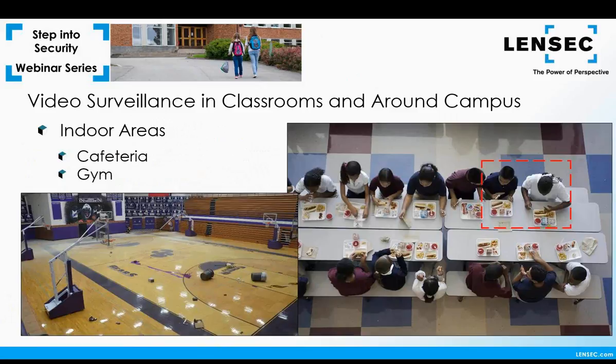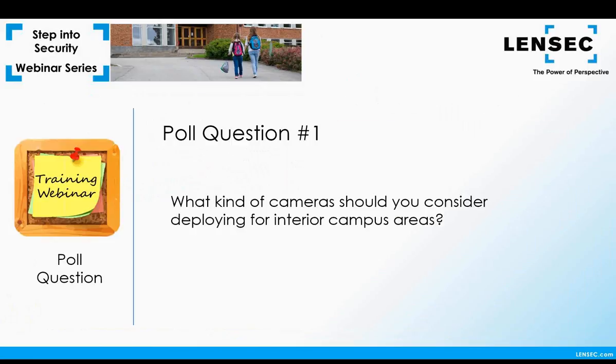In the cafeteria, you have a lot of activity interspersed with no activity, much like the hallways. Gym surveillance falls into the same category as well. So it's important to use video motion detection in these areas. Video motion will monitor the area within the camera's field of view, but then only commit video to the stored recording if activity occurs. You can set a few cameras with a wide view, but I'd recommend some close-up cameras in priority areas such as cash registers, food lines, entrances, etc.